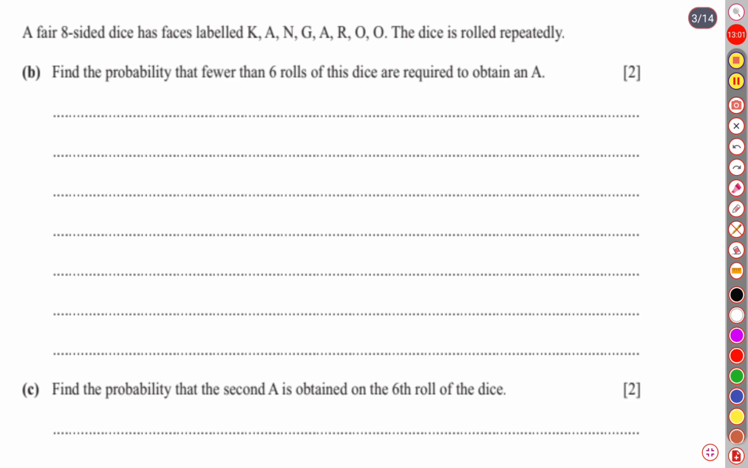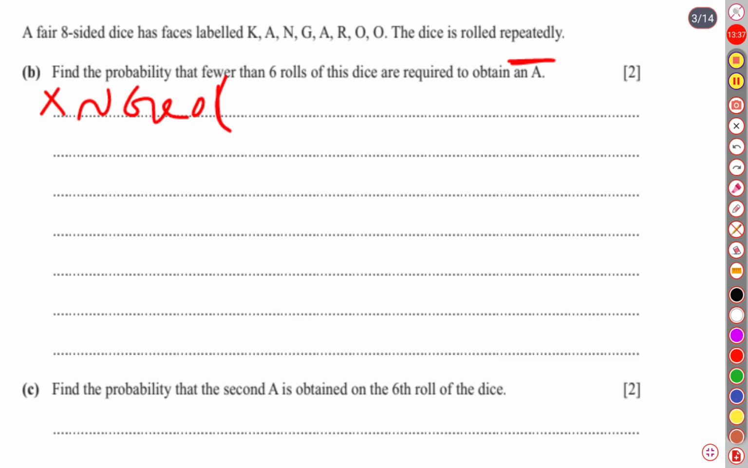a fair 8-sided dice has faces labeled KANGAROO. The dice is rolled repeatedly. Find the probability that fewer than 6 rolls of this dice are required to obtain an A. From the question, we have understood that it's a geometric distribution, because whenever an A is obtained, then our experiment is over. So let us write X belongs to geometric distribution, and in geometric distribution the parameter is only the probability of